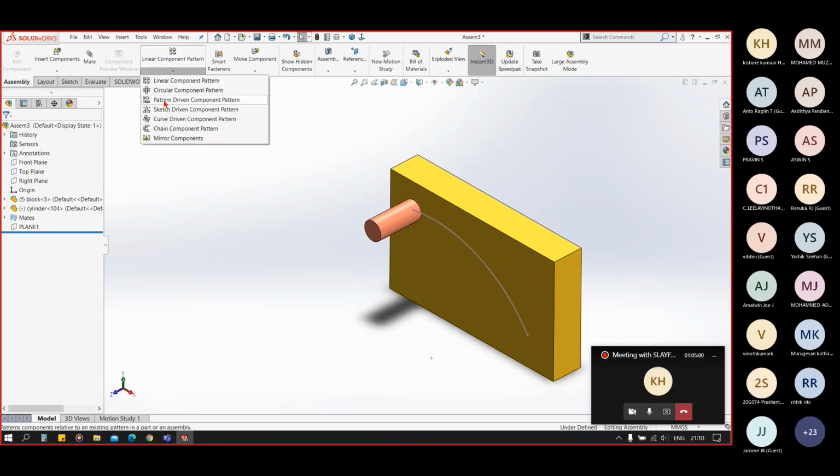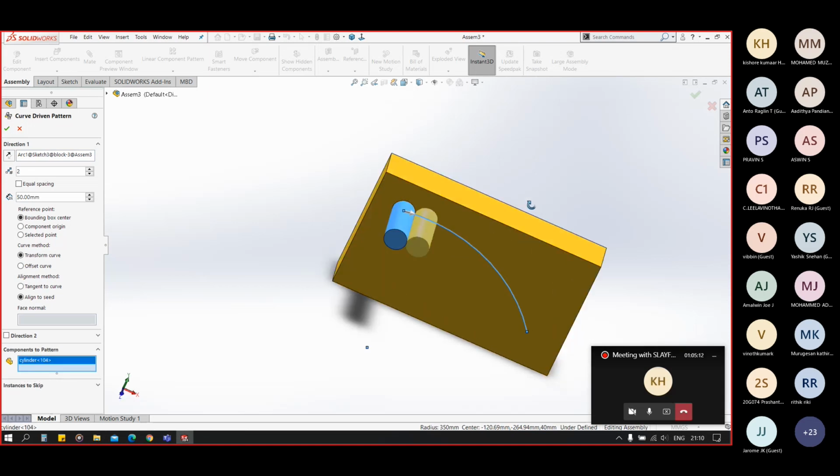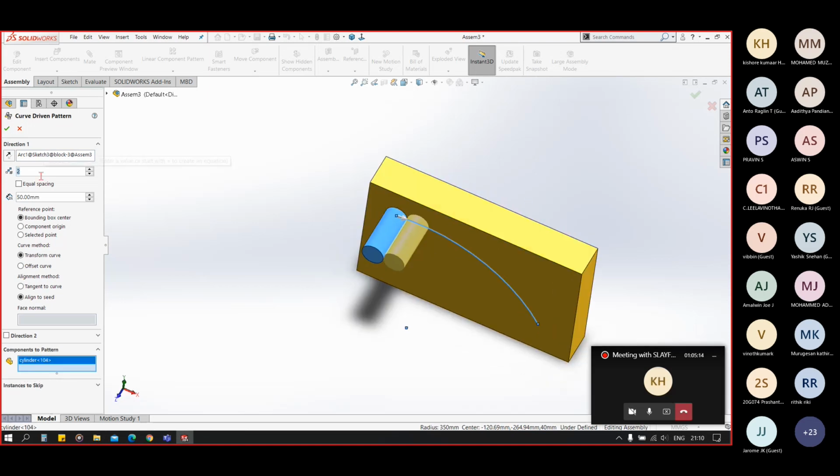Okay, now go to the curve driven pattern and select the curve in this case and select the components to pattern. So we now have the number of instances here, let's say 5, and the distance here, let's say 80.